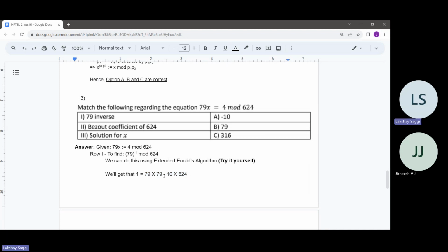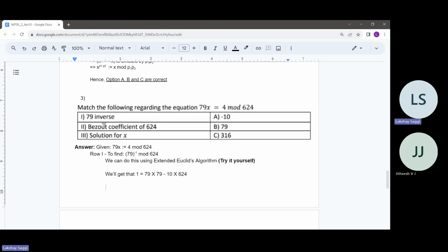These coefficients are called Bezout's coefficients. So the second option says Bezout coefficient. The Bezout coefficient for 79 is actually 79, and the Bezout coefficient for 624 is actually minus 10. Along with the sign, we consider this the Bezout coefficient. So the Bezout coefficient of 624 is minus 10. So for row 2,